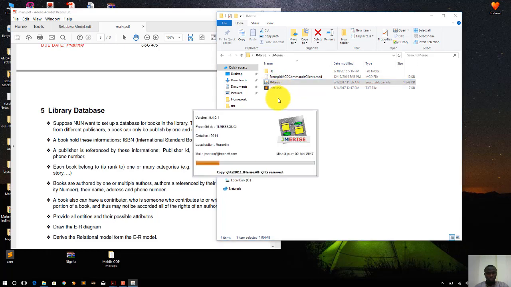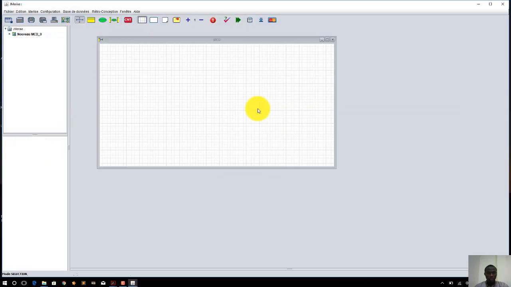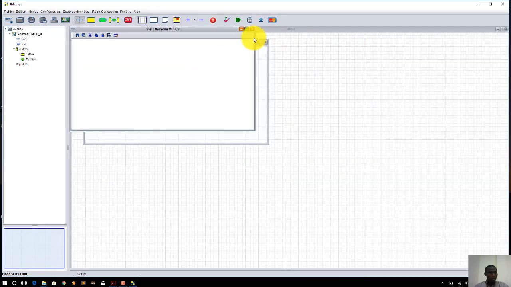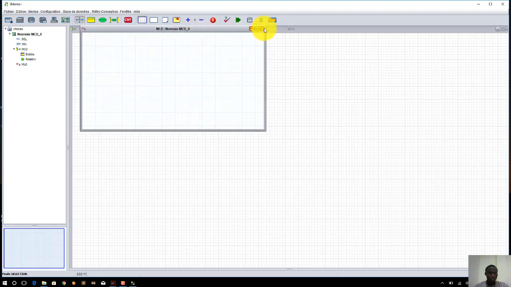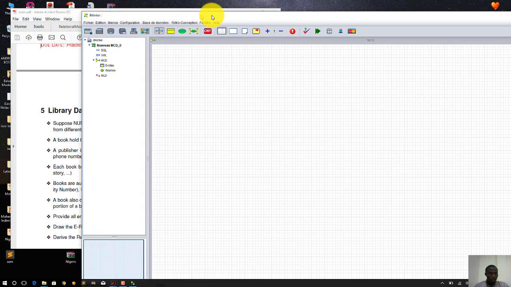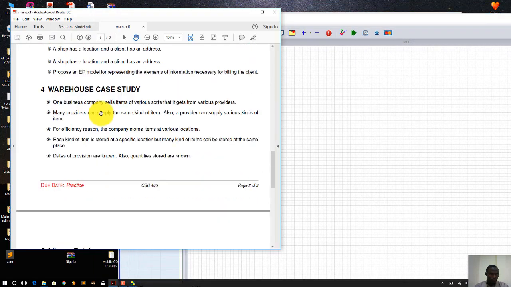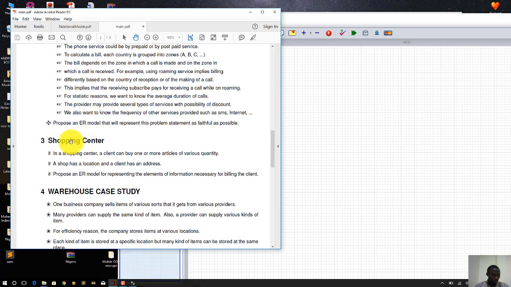So I'm going to go ahead and click the Java file, and so I have it. This is basically what you get when you click the file. Remember, what we're trying to do is to design an ER for our case, and we've already described this in the practice questions earlier, the shopping center case, where we said